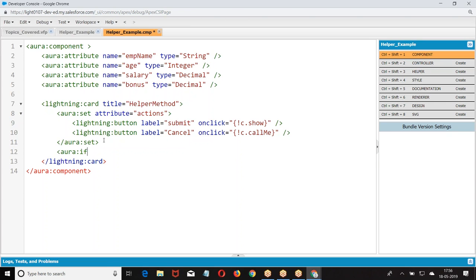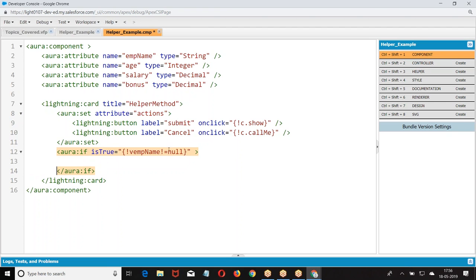I use aura:if isTrue. So what I can give is v.age not equal to, or else I can make it v.flag.